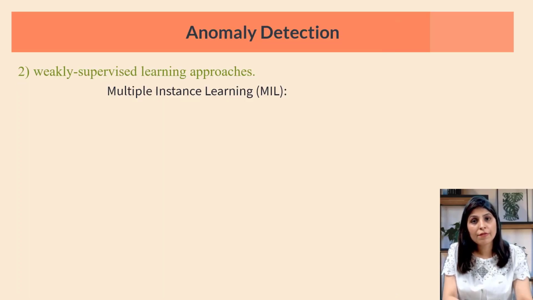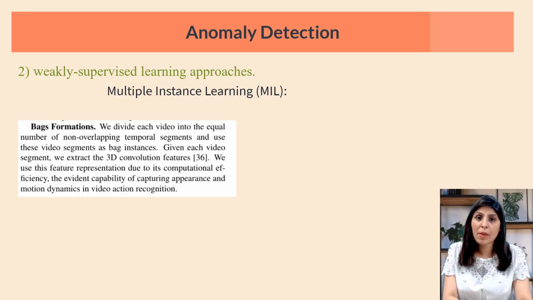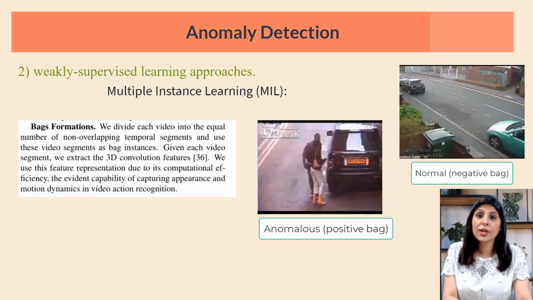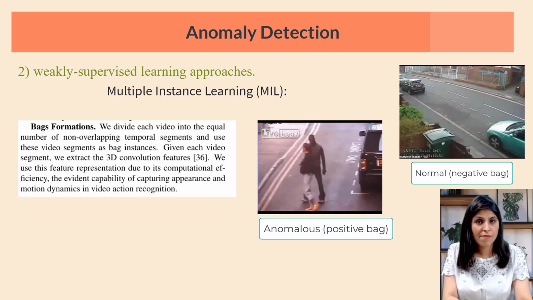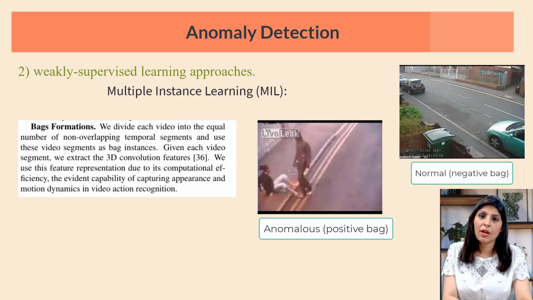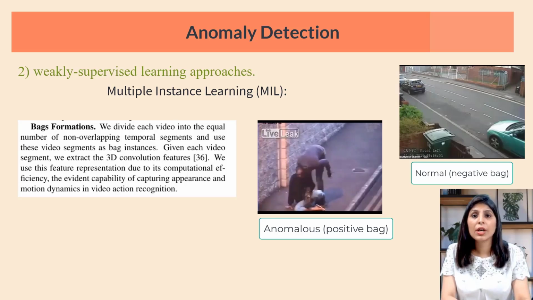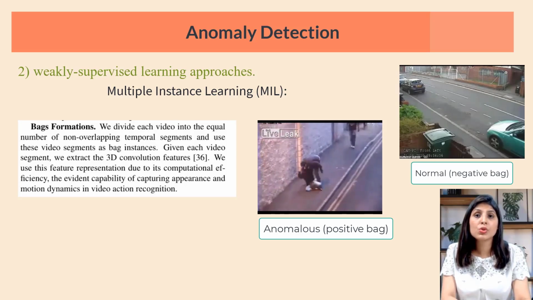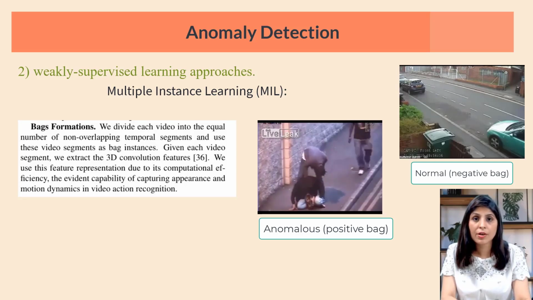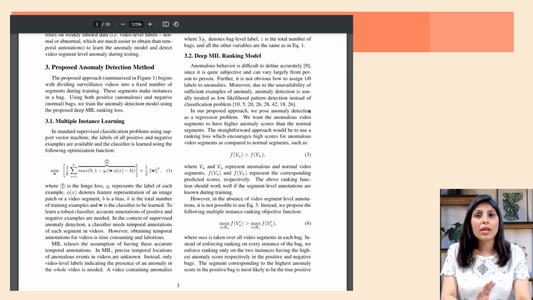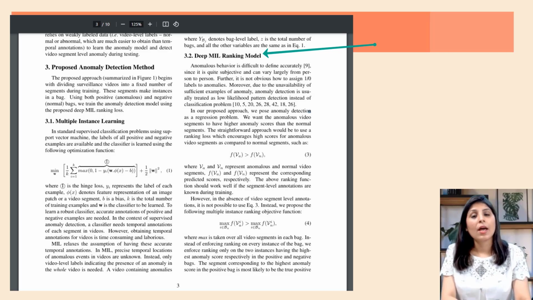It is a machine learning framework where you have bags and each bag is associated with a label. If the video contains an anomaly, it is a positive bag, otherwise it is a negative bag. Because we only have video level signals and no signals for the individual frames or segments, we can't use common loss functions like mean square error or cross entropy directly. Instead, we will use a ranking loss. Now let's understand what this ranking loss is and how it helps MIL distinguish between the anomalous and the normal video.